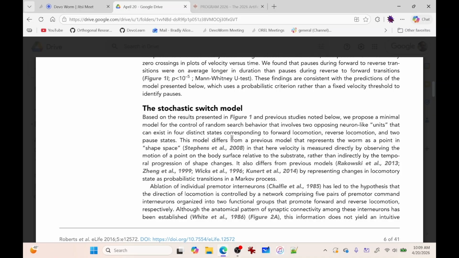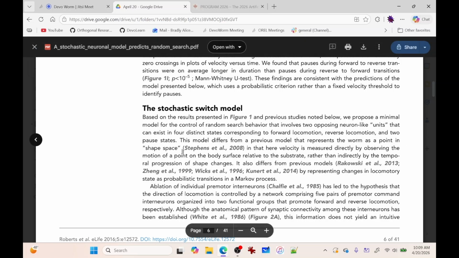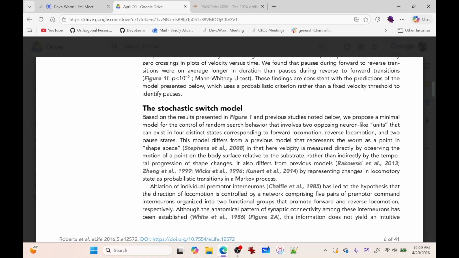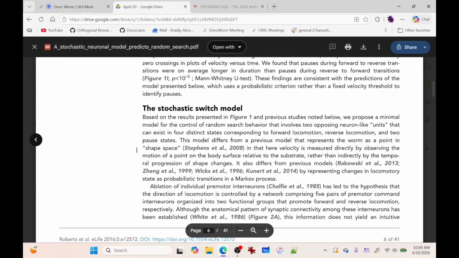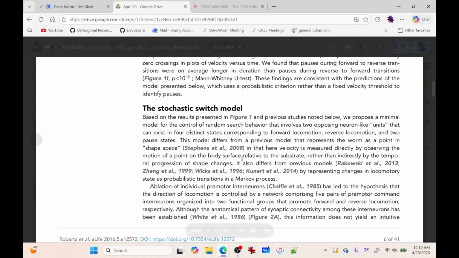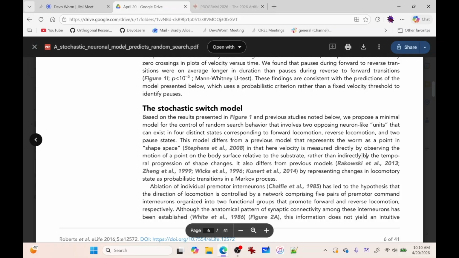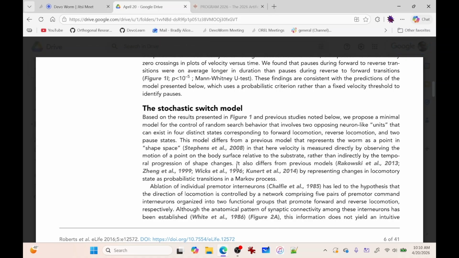And so this model differs from a previous model that represents the worm as a point in shape space, in that here velocity is measured directly by observing the motion of a point on the body surface relative to the substrate, rather than indirectly by the temporal progression of shape changes. So in the last paper, they took that approach where they looked at the shape changes of posture, and they inferred